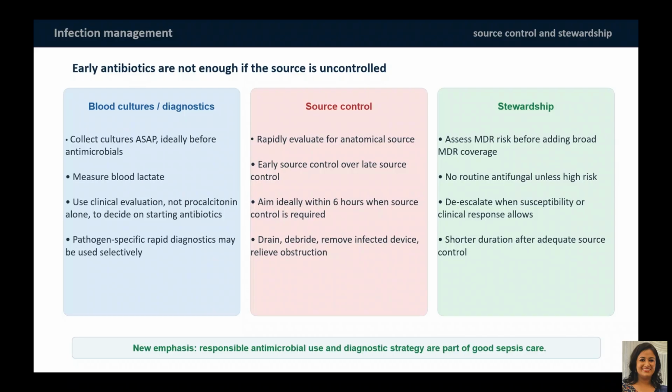And the other one that we cannot forget is the source control. Even if you give your early antibiotics and if your source is still there, the patient may not be responding well. So you have to identify where the source is. For that, you have to send the cultures: blood cultures, urine cultures. If you have an ET tube, ET secretion or sputum has to be sent. And if there is a wound infection, deep tissue cultures have to be sent. So once these have been sent, you have to identify where the source is and remove the source,